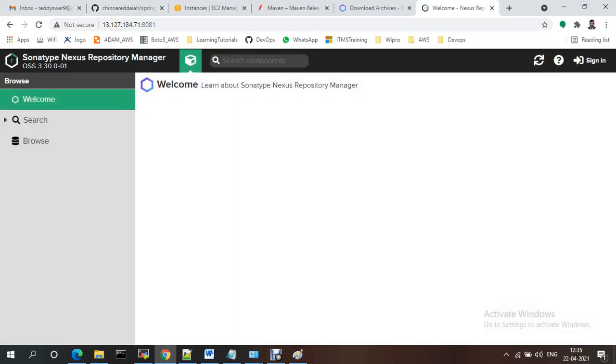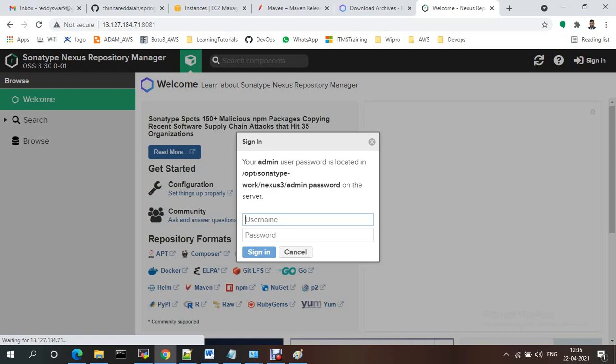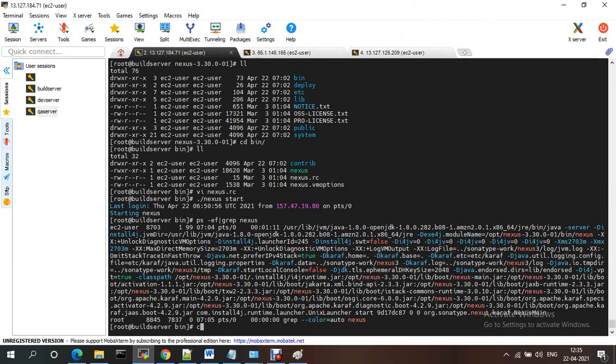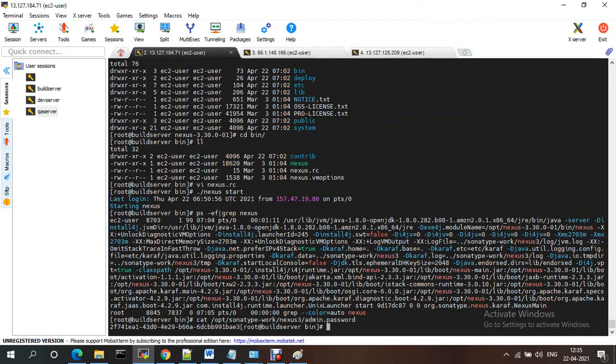By default the Nexus username is admin. By default the password is provided under this location. You can take this one, cat it, and see the default password is this one.